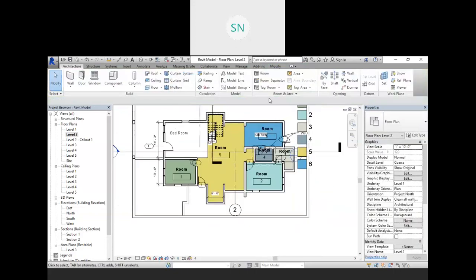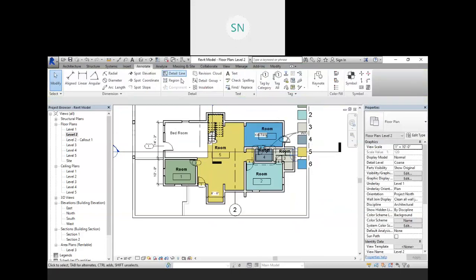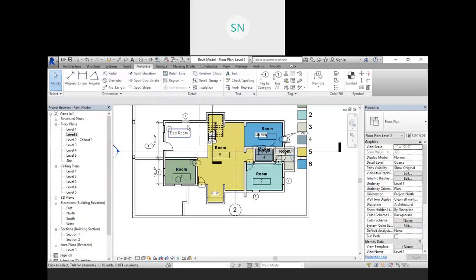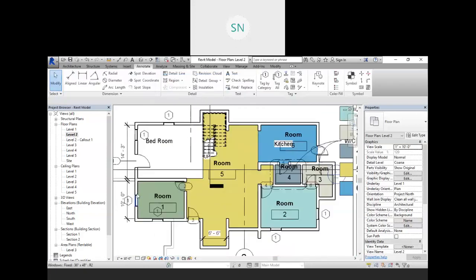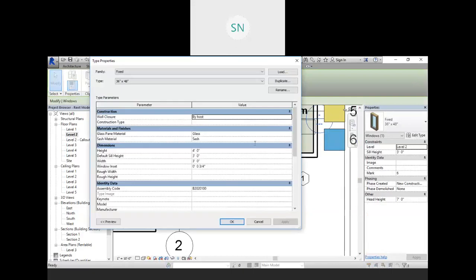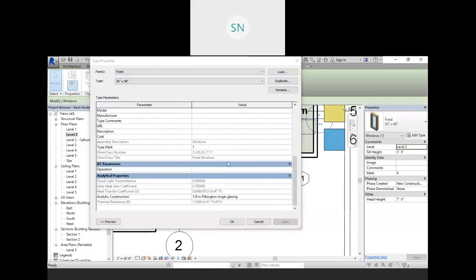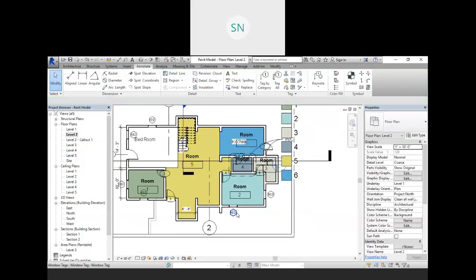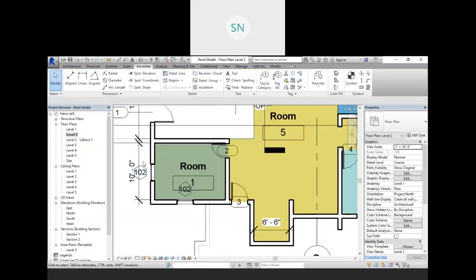So if I am going to place my tags for the window, apply and OK. So here we have one, one, right? So all the tags we have one. Select your window, and if you have changed your tag, that type mark, 102, or not 1.2, OK and OK. So then your tag will be changed, right? But it will depend on floors.